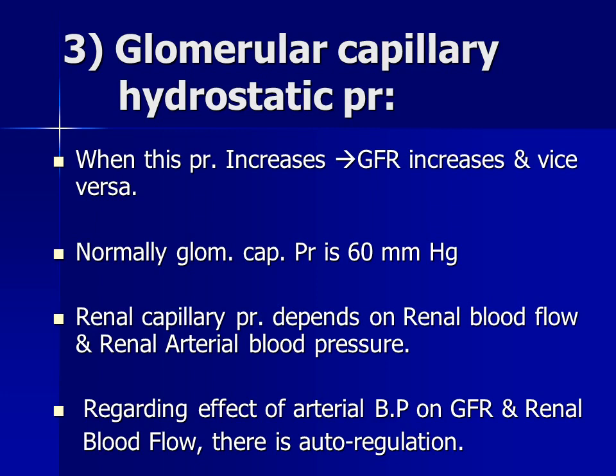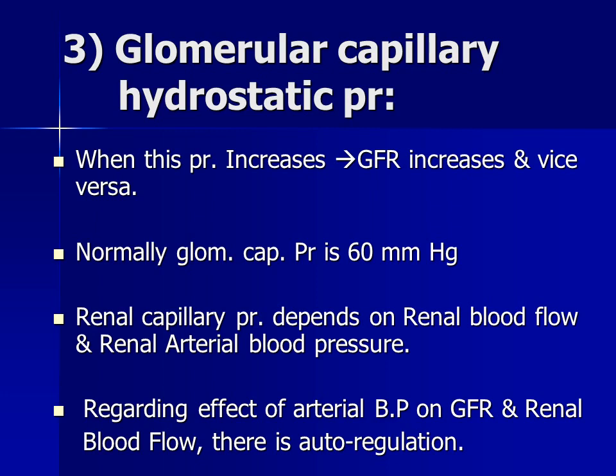Now, if you come to the afferent arteriolar resistance, if the afferent arteriolar resistance increases, you can very well imagine a constriction to the inflow pipe. This will lead to a decrease in the glomerular hydrostatic pressure, and the GFR will decrease. And if the afferent arteriolar resistance decreases, meaning it becomes dilated, then the glomerular hydrostatic pressure will increase, and so will the GFR. Now, the efferent arteriolar resistance has a biphasic effect on the